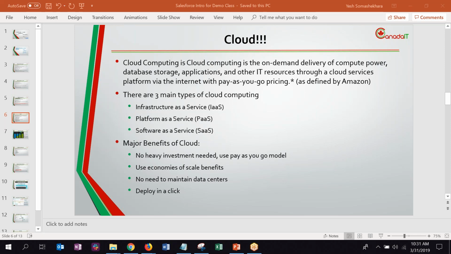And deploy in a click. So one of the main things that cloud has is, so I'm assuming you all know a little bit of SDLC. For example, if you're moving from a development environment to a QA environment, then to UAT, and then to production, in a regular system, it's a lot of work. You have people working in the back end, migrating the code, migrating data, migrating all these data integrations, APIs, everything from one place to another. It's a big job. A lot of times, whole weekends go over that. But now you can just click on a button which says migrate to this other environment, and it's done. That's how easy it is, depending on the application, of course.